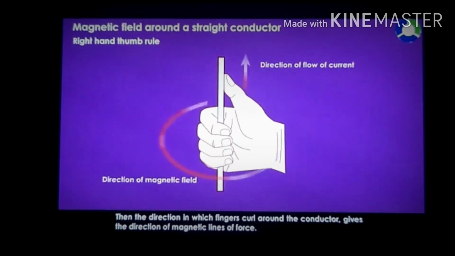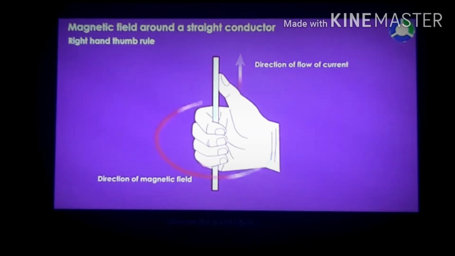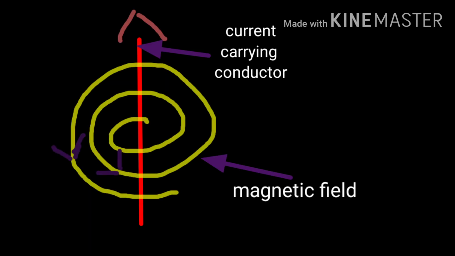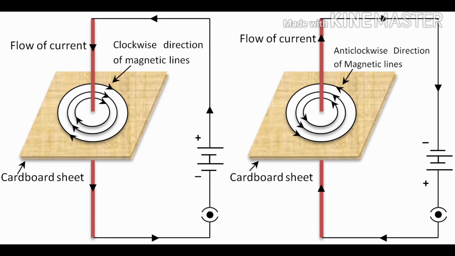The experiment of Sir Hans Christian Ørsted gave us the new concept of electromagnetism, where the magnetic field is related to the electric current. That means if you change the amount of electric current in a conductor, the magnetic field produced along it changes. So from here you can understand how it is formed and what will be the direction of the magnetic field. So this is a current carrying conductor.